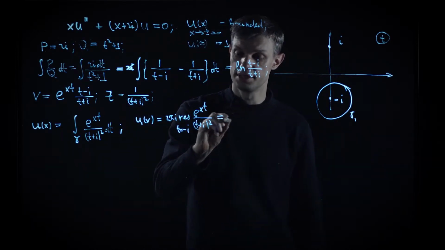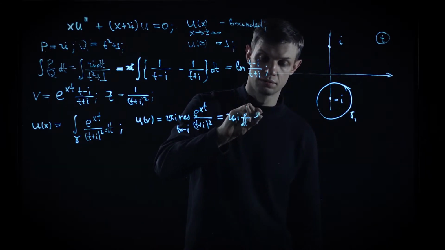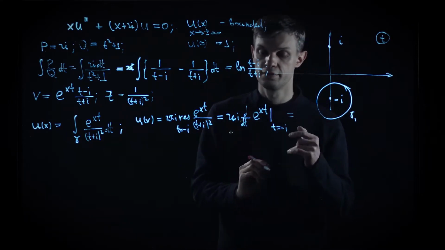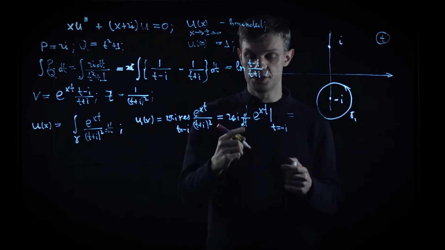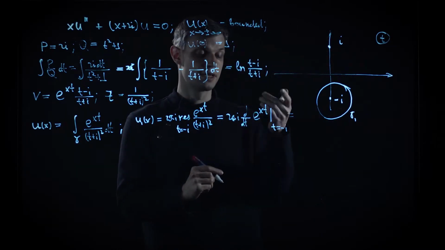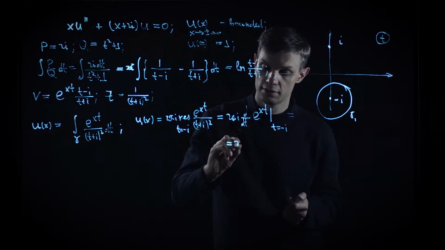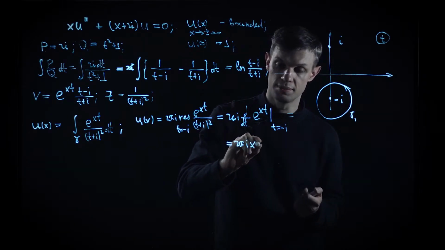The residue is trivial to compute, and we arrive at the simple result. So perform one differentiation, which gives us the prefactor x, and finally we obtain 2 pi i x times e to